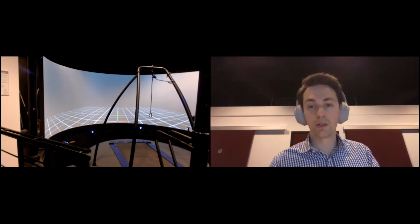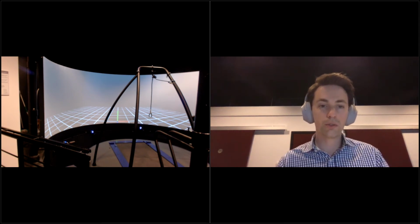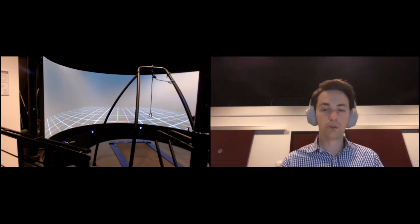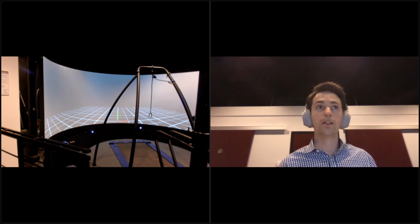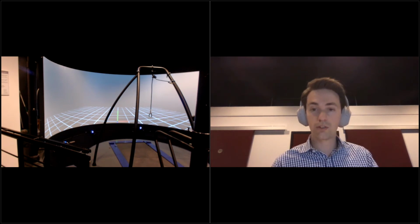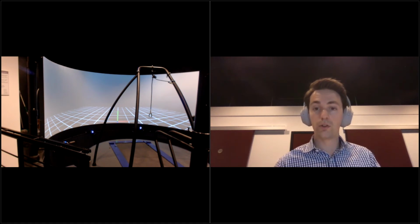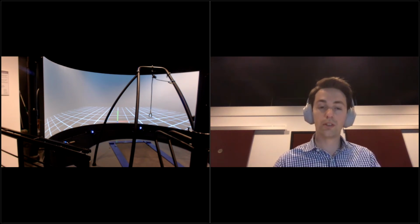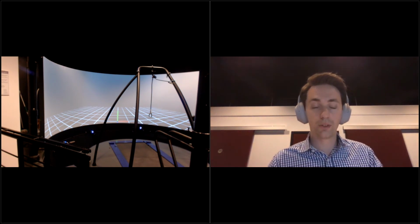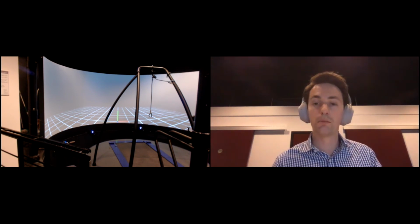While someone is standing on the platform, there are also several aspects that we can measure. Underneath the screen, you see two dimmed lights. Those are actually motion capture cameras, and there are in total 10 cameras hanging around the platform, and using these cameras we can register the movement of the subject on the platform. Under the treadmill, there are also force plates. We can use those to measure the amount of force that the person is exerting on the ground, and with all that information combined,